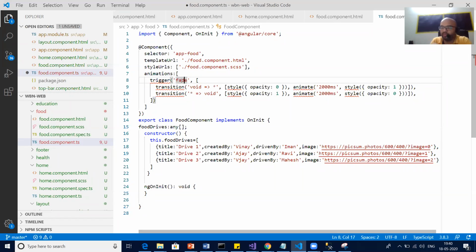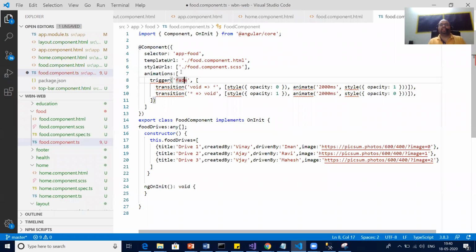You will not be able to see the background when you say opacity 1. Then animation speed: how fast or slow you want. I put 2000 milliseconds, which means 2 seconds. So after every 2 seconds, fade in fade out will happen, and it will go to the next slide.